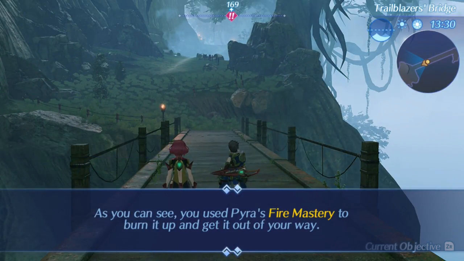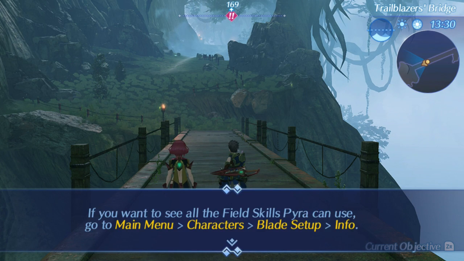As you can see, you used Pyra's fire mastery to burn it up and get it out of your way. If you want to see all the field skills Pyra can use, go to...